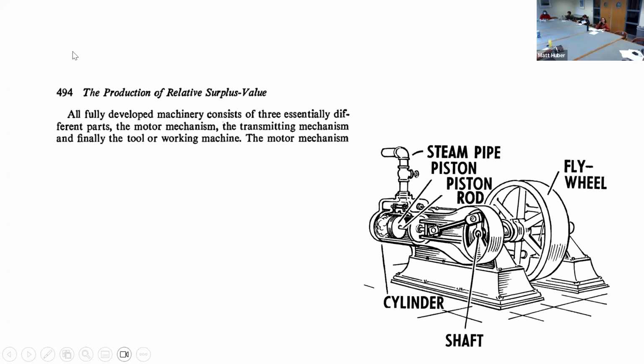We find that a machine has three different parts: the motor mechanism, which he also calls the source of motive power, the transmitting mechanism, and finally the tool or working machine. So classically, and we'll talk about it more, a steam engine has a source of power, which